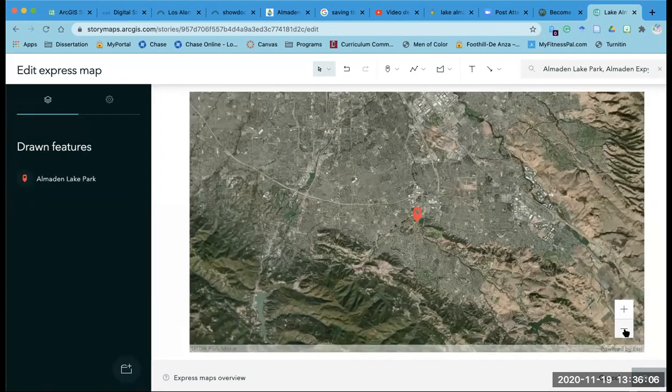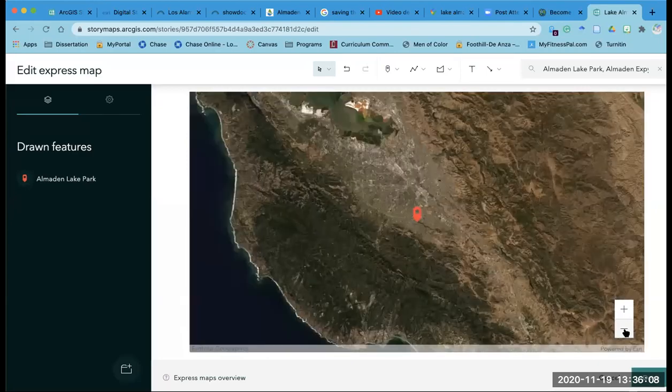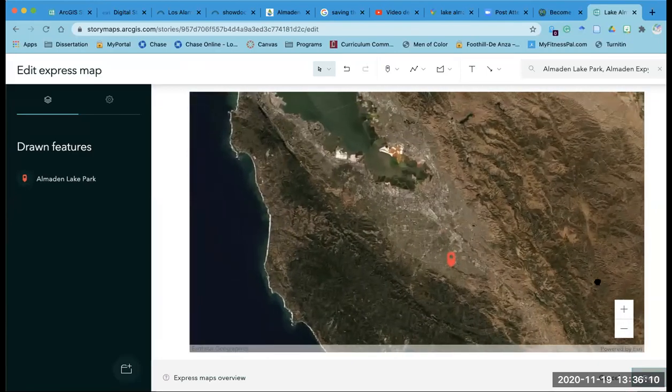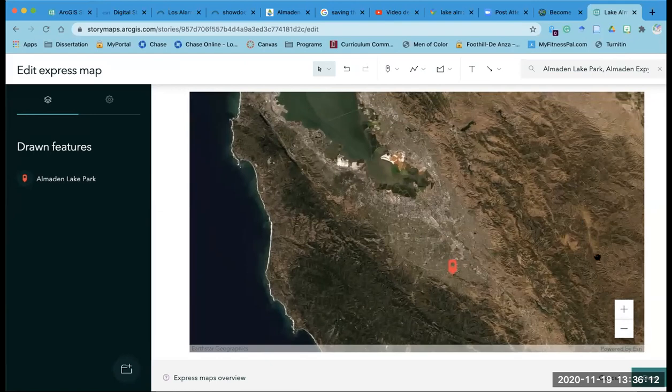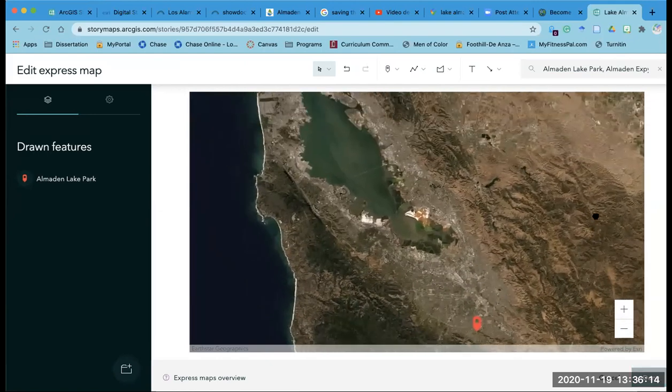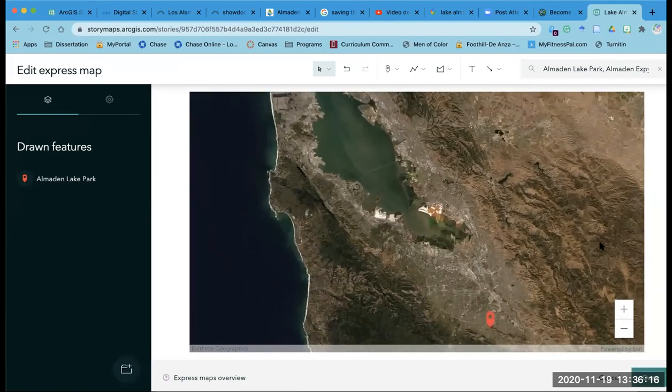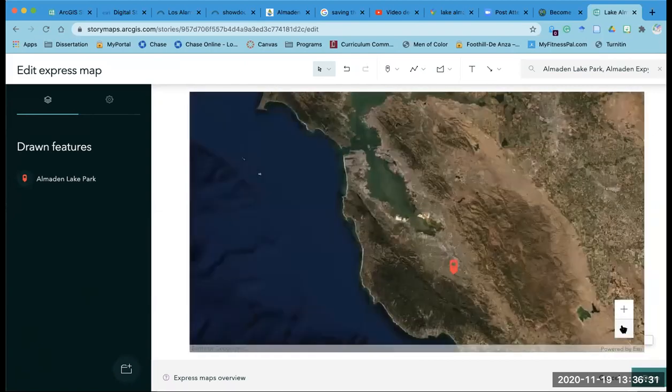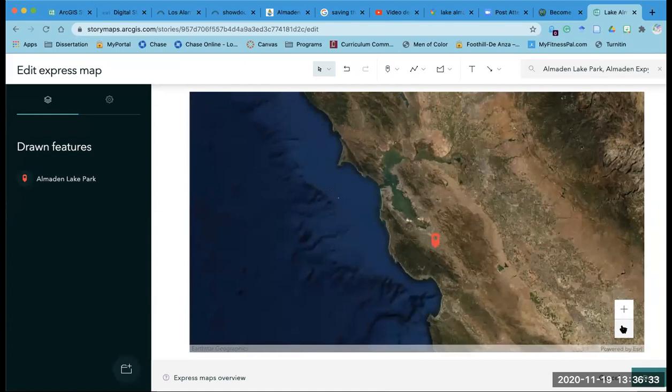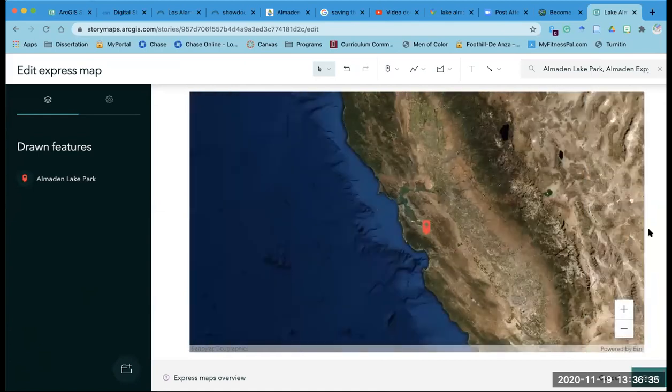Just something to think about when designing the map. Also, it might be good, considering your audience, to consider, where is this location? If we're talking to an audience that's familiar with the San Francisco Bay Area, it might be important to consider that they may not be familiar with my general area, which is the South Bay, but they may be more familiar with the greater San Francisco Bay Area, or California at large.